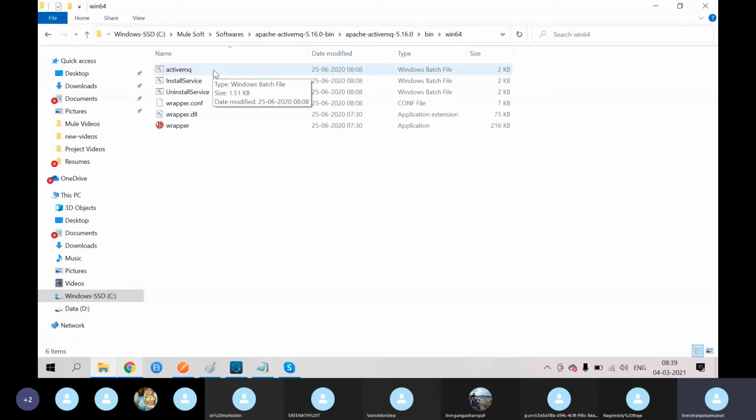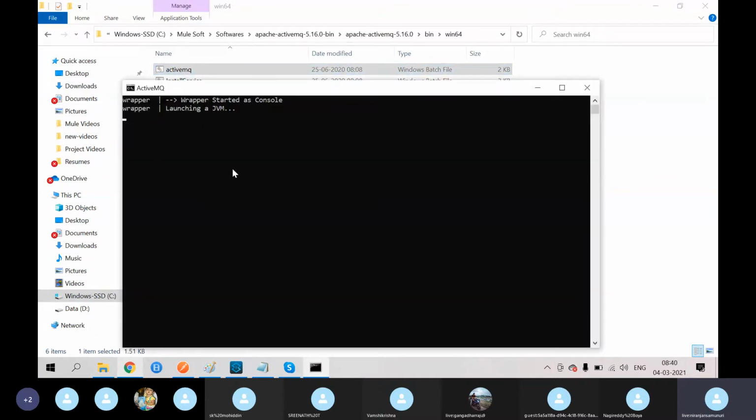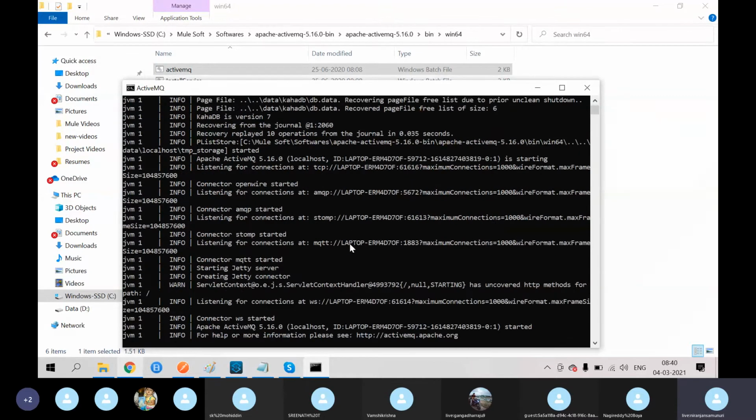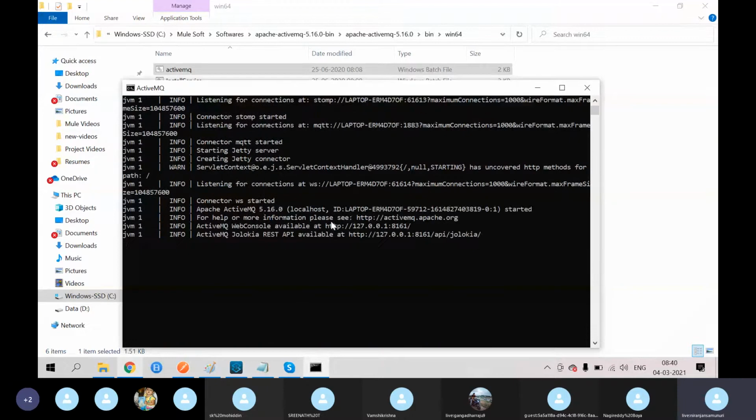With the queue, first of all you have to create the queue, insert your message into the queue, and then you can access your message from the queue. If you want to perform all these operations, you definitely have to run this ActiveMQ server. Then only you can perform operations on the queue. So the server is going to start. This is a command prompt.